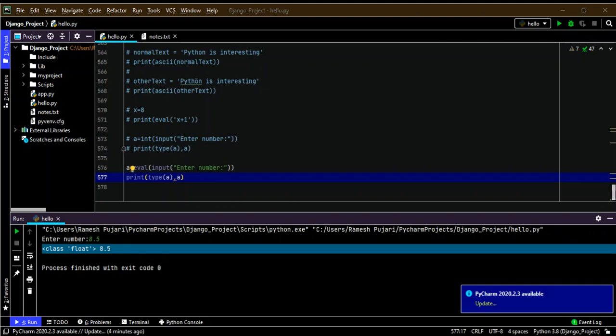So next we have the float function. As I told, int and float. If we want to pass a floating value, we use the float function. So instead of int input, we take float input. So that considers the floating value of the number. Next we have the len function, that is to find the length of the number or item. So now I'll show how to use the length function.